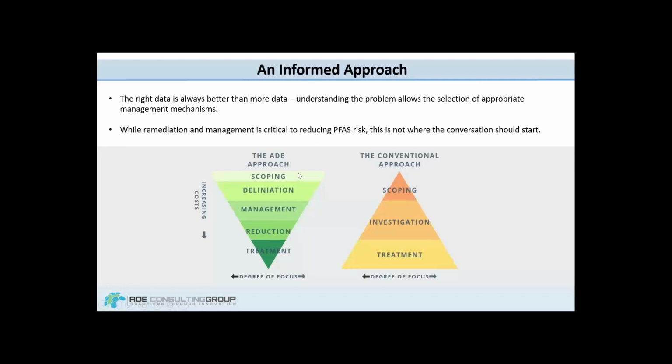Some of the trigger levels in a few states in Australia as well as across the globe are quite low. Here, PFAS impacted soils, for instance, cannot be reused, and the trigger level for assessment is 1 microgram per kilogram, which basically means anything that is detected for our common methods here that we use to assess PFAS in solids is condemned without further risk assessment, at which stage we have to go to our regulator and have a discussion with them about how they see fit for this material to be used. So it's really important that we use an informed approach rather than jumping straight to the bottom here.